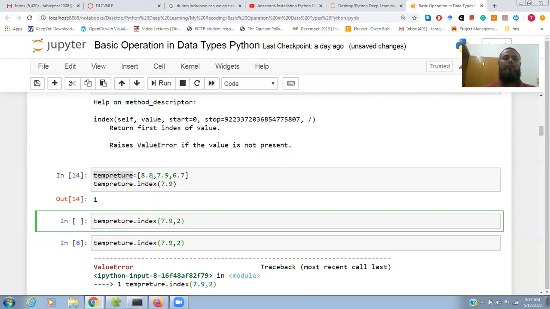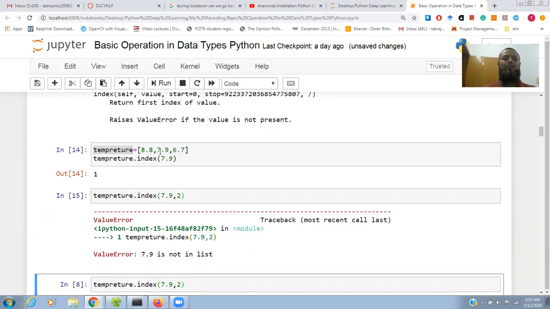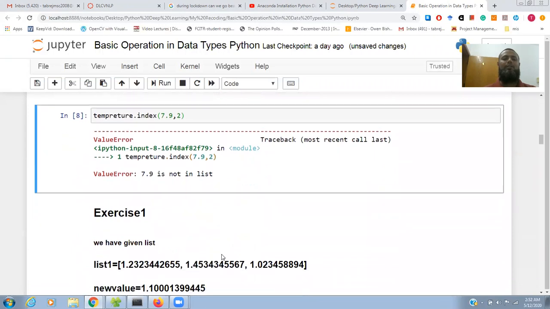So it will start from 2, which means from 6.7. It will give us an error. Why? Because the indexes are 0, 1 and 2, and it will start from here and after that it is the end. So 7.9 is not in the list, and it gives this error.